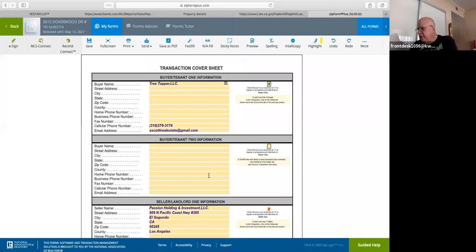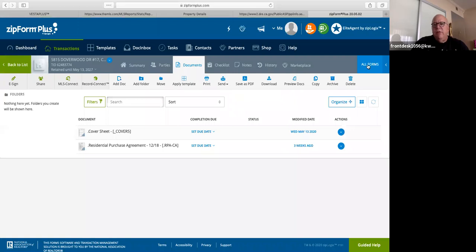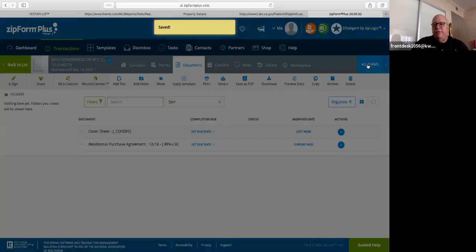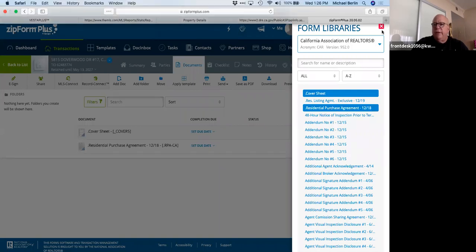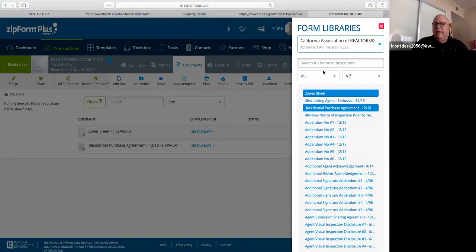So on your cheat sheet or your checklist, this is number 3 of the checklist. So you come back up here and you go back, and then normally you would go over to all forms, and you would click on purchase agreement. It's already in here, but that's where you find it. Whenever you're looking for a form, you can type in this box right here. So for example,